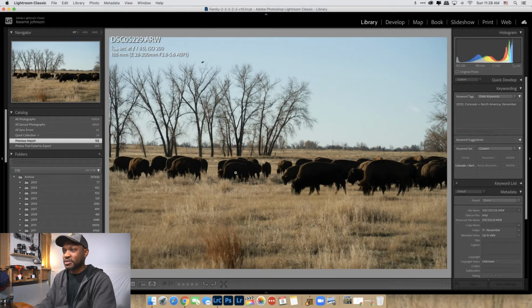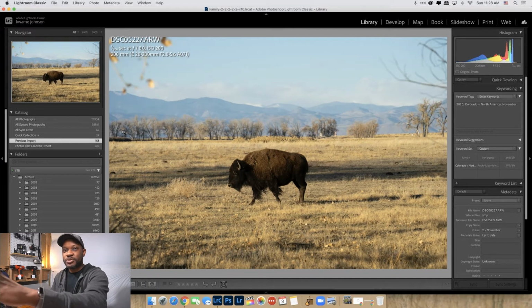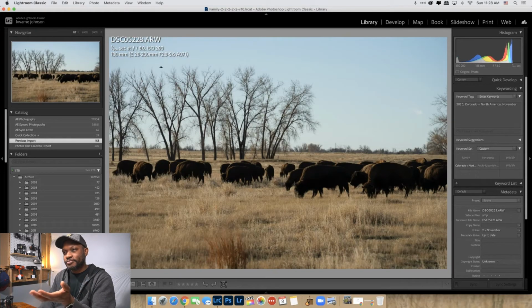So the sun was coming from this side, and it's tough because if they're on one side of the road, like here on this side of the road, the sun is shining the light into them, so them being a dark animal, it's actually nice. You can save your shadows, save your highlights, and you can get a pretty good picture, especially if you shoot raw like I do. You can pull out a lot of detail. But when the sun is at their back, it's more of a silhouette picture that you're getting. You're not going to get much detail, unless you had maybe a medium format camera or something, but I don't. So yeah, this is probably